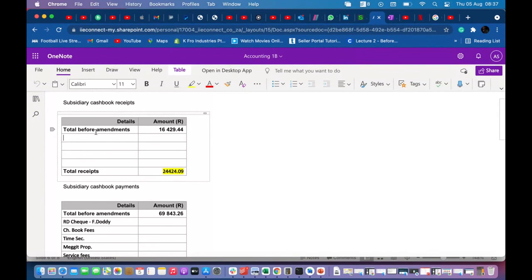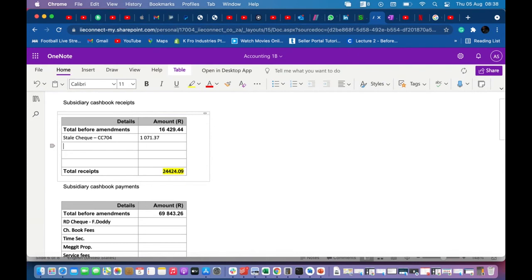This was the total that we had before any amendments in the cash book receipts. And where are we getting it from? If you look in your textbook, you'll see it's that very same amount that we have at the bottom of your duplicate receipts. Now we're just looking for everywhere where we wrote cash receipts journal or CRJ. First place, we had a stale check from the bank reconciliation statement. That was check number CC704, and that was for 1,071 rand